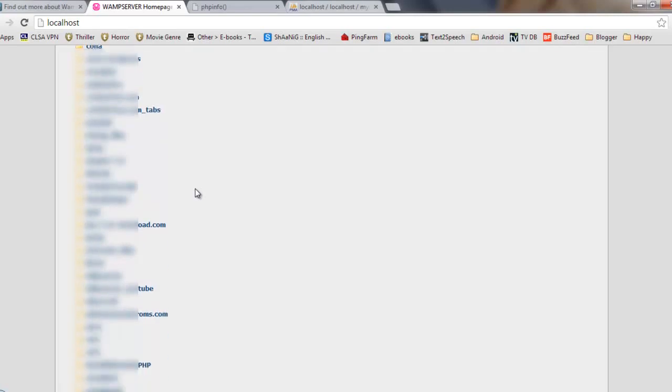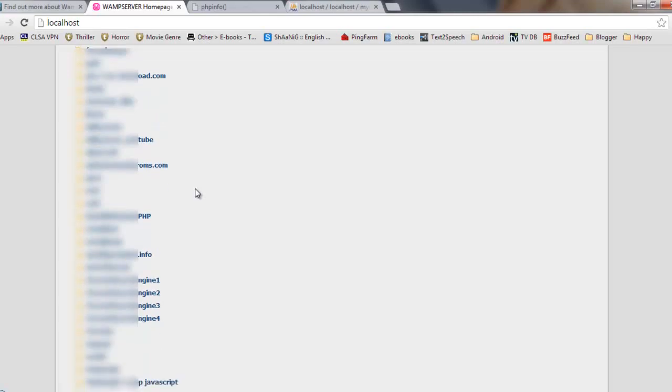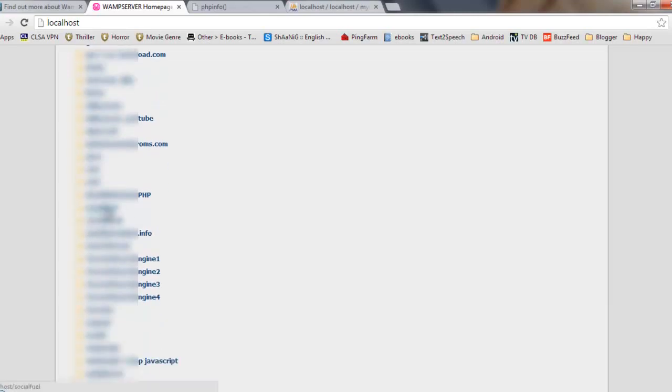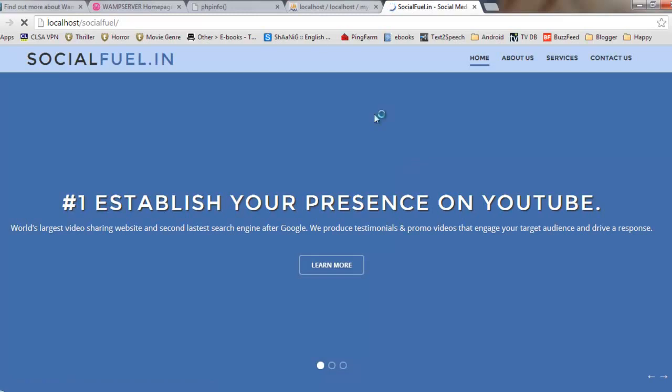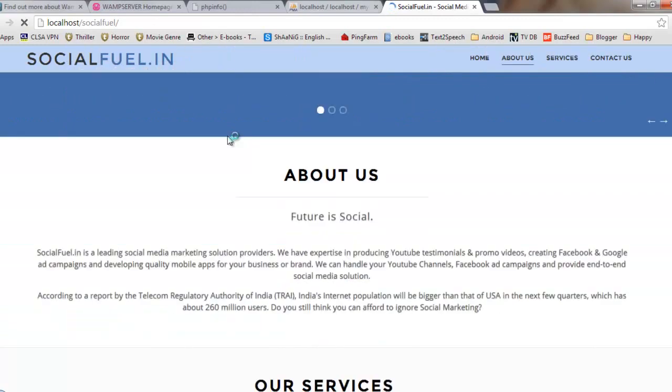Now my localhost is started. Now I can run any script like HTML or PHP on my site. To run a website, you need to copy that website into your C drive WAMP folder, and whenever you come to your localhost, you can run that website locally.